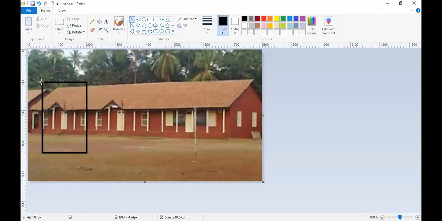Now the next corner is the lower right. What is it? 198 comma 339. So these are the coordinates of the rectangular shape. Only two points are important when you draw a rectangle, upper left and lower right. So we got two coordinates and just noted them.